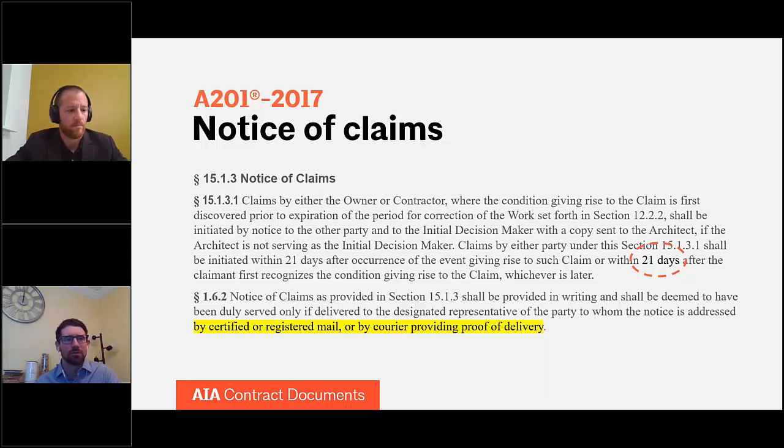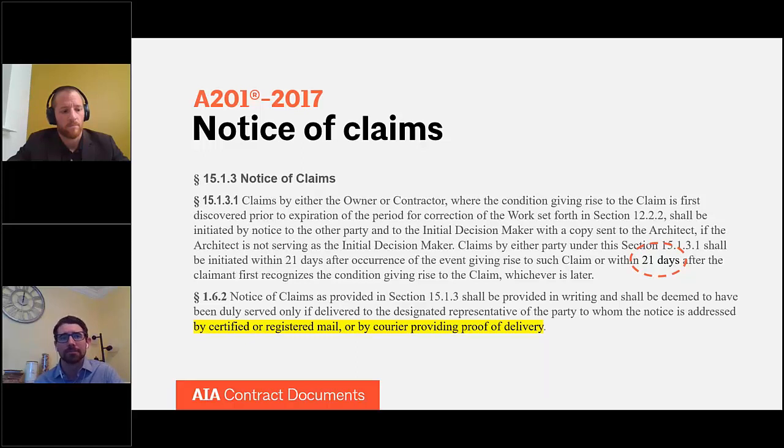If you have 15, 20, 30 emails going back and forth about the color of the trim in a certain room, and oh, by the way, there's a $25 million delay claim in there somewhere. So that's the reason why it's carved out in 1.6.2 for claims. But again, this could be modified by the parties, especially if they have a digital document or a data protocol, if they have a BIM protocol or something. This certainly could be modified, so you want to check your contract to make sure you're abiding by how you